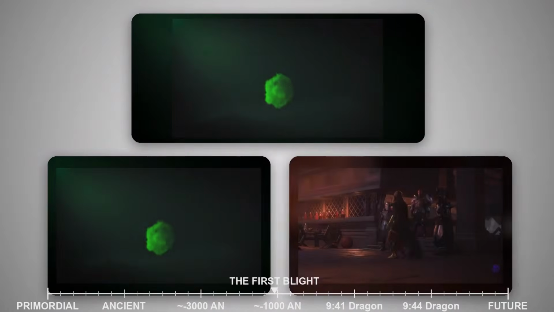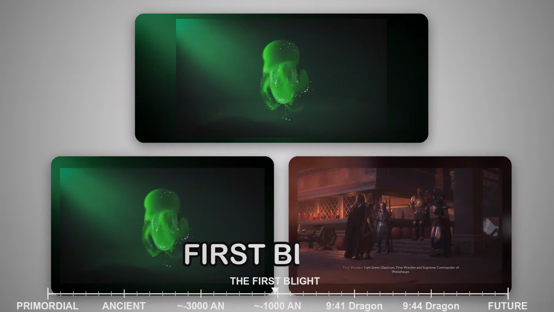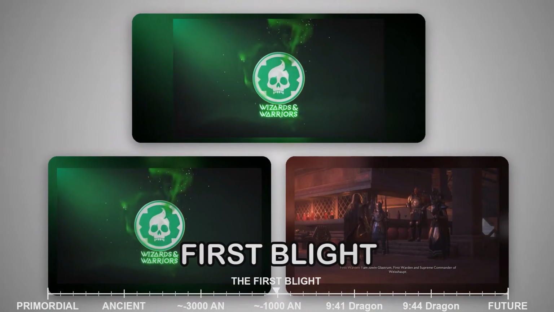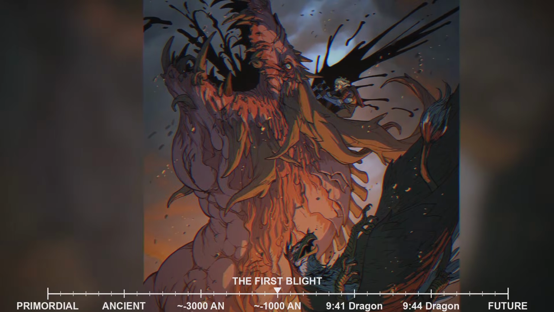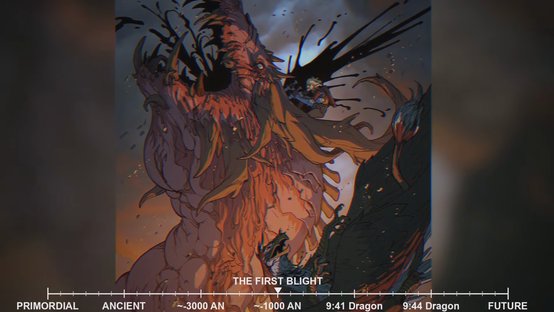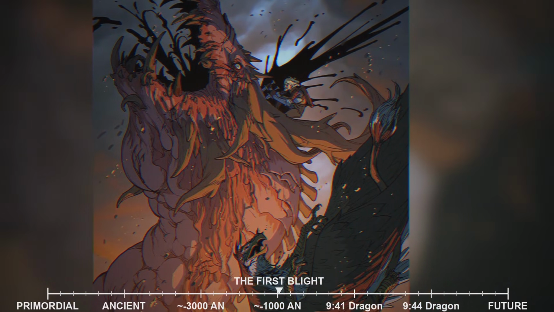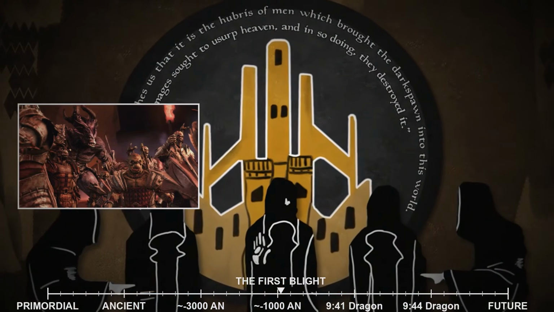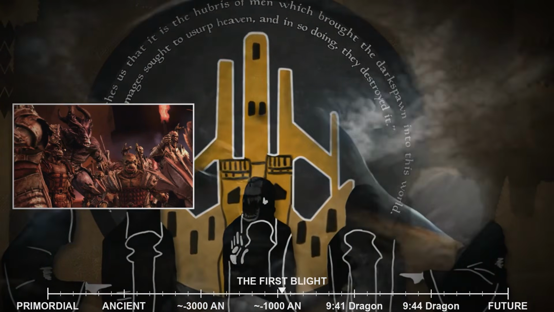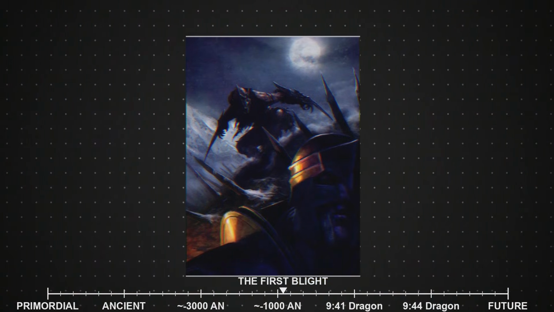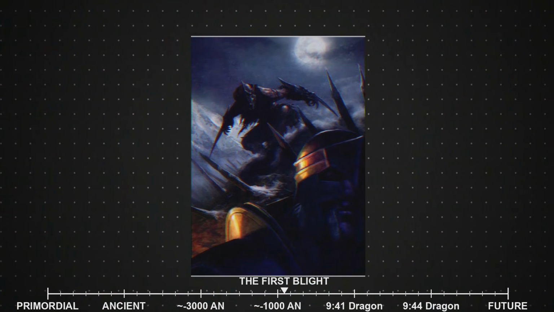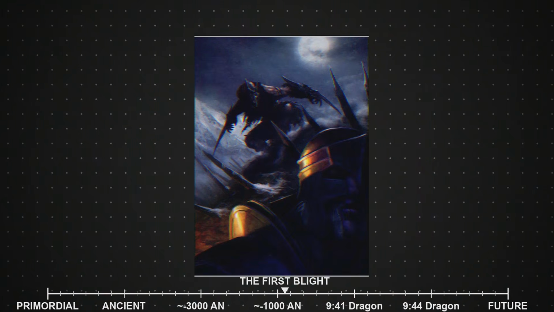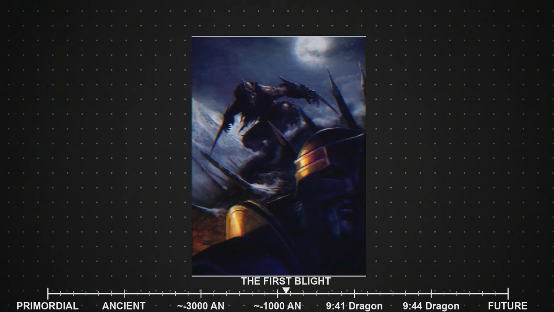In the year 1195 of the Ancient Age, the First Blight truly began in earnest. Dumat, now fully awakened and commanding his corrupted legions, drove the Darkspawn upward and outward. The attack on the Dwarven Empire was catastrophic. The Darkspawn poured out of the deepest tunnels in numbers that seemed endless. Thaigs, the great dwarven cities that had stood for thousands of years, fell one after another. Each Thaig that was overrun became a staging ground for further attacks, a nest where more Darkspawn could be spawned.